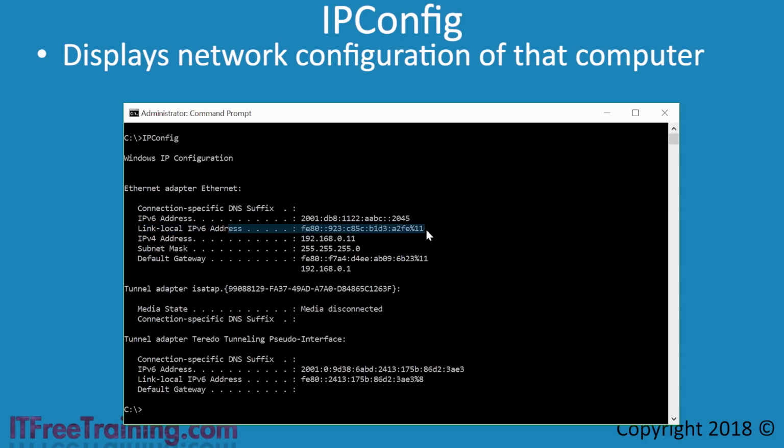Notice at the end of the address is %11. This is referred to as the zone index. In Windows, this will be the same as the interface number. Later in the video, I will demonstrate how this can be used to ensure that a particular network adapter is used to transmit data. I will skip past the IP4 addresses, since this is an IP6 video, and next look